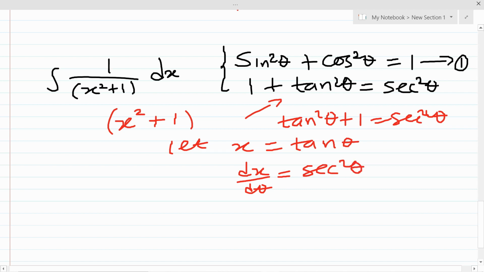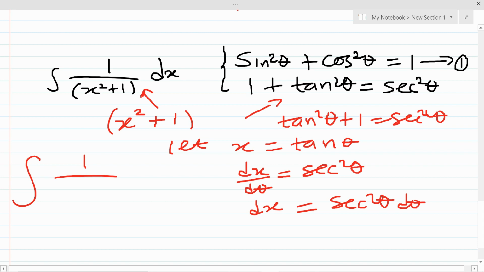Okay, I've done a video on this, so if you don't understand it, you can go and check out my video and then you will understand. Making x the subject, I get dx equals sec squared theta d theta. Now if I put x equals tan theta, and put x back in the original question, that is the denominator, I'll get the integral of 1 over,